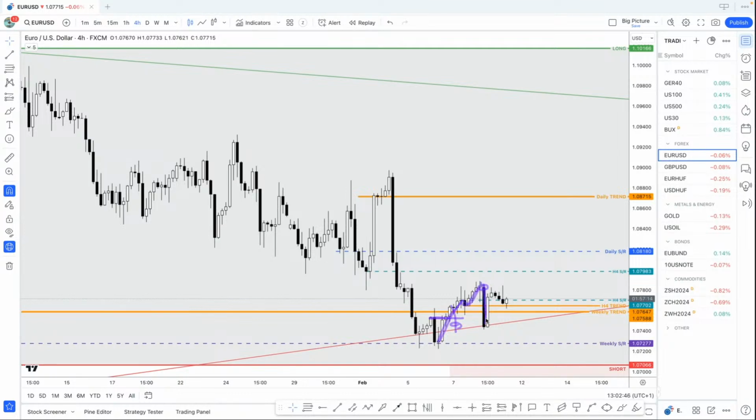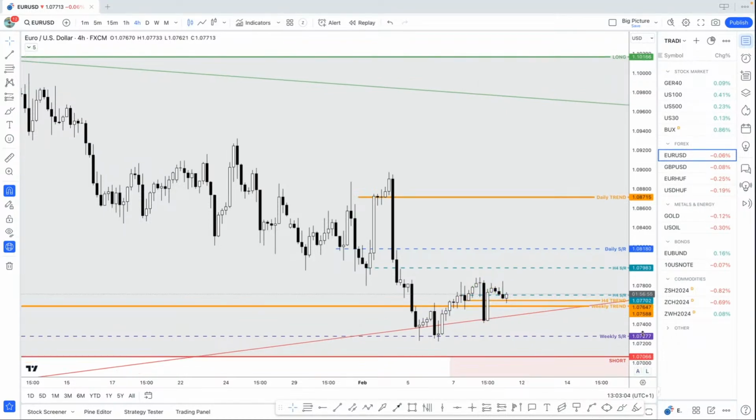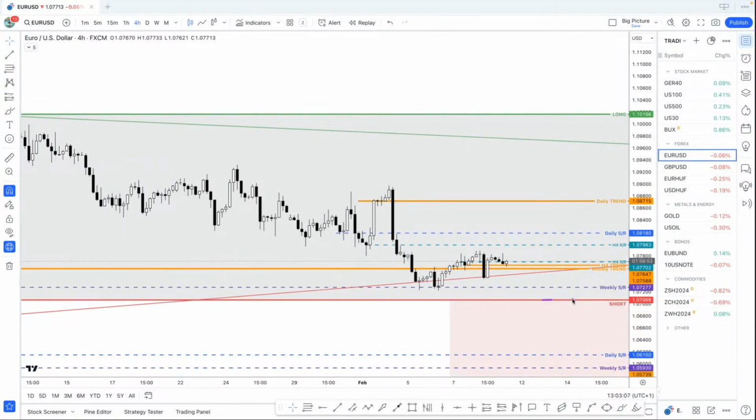So it will look something like this. From here, it's a nice opportunity to this level. This area is good for day traders, but remember, this is also a support. This is the low end of the diamond, which may push the price back into this neutral zone on the weekly. So right now we have the 4-hour trend line here, and if it breaks below, we will have a